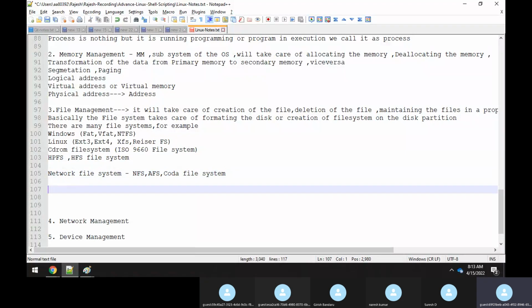Or else, there are some special file systems also. For example, you have a proc file system, right? Proc file system. It's a special file system. Sys file system. It's a special file system. So this and all will come into it later after a point of time. But the whole file system stuff is taken care of by your file system model.